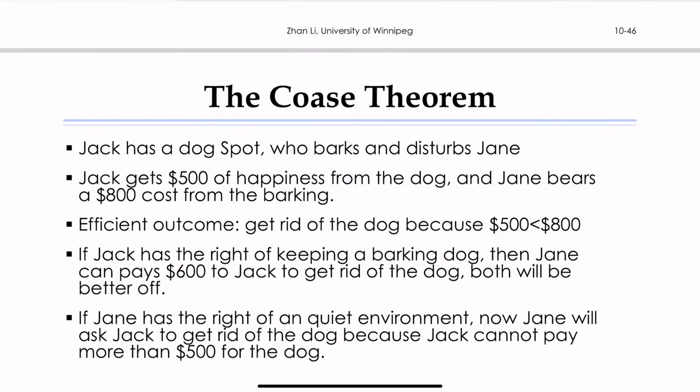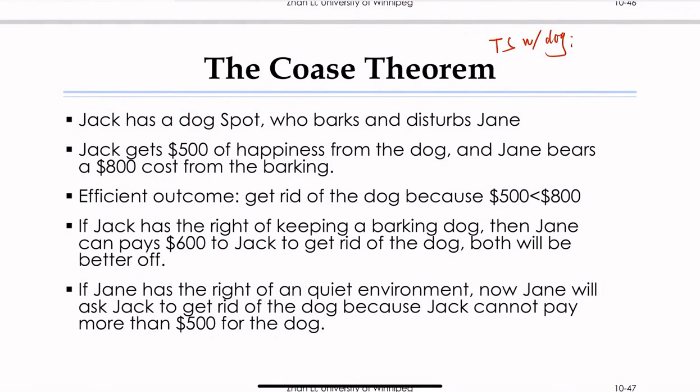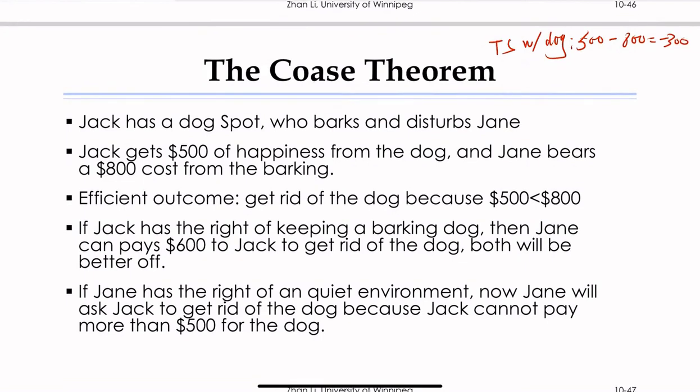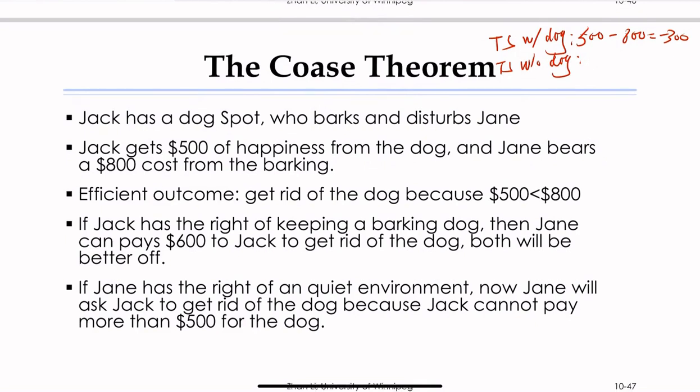Well, you can see this. We can calculate the total surplus with dog and without dog. Right? So the total surplus with dog: in this case, you can see that Jack gets 500, Jane gets minus 800. So it's 500 minus 800, which is minus 300. Now, what about the total surplus without dog? In this case, you can see that Jack loses 800. Sorry, Jack loses